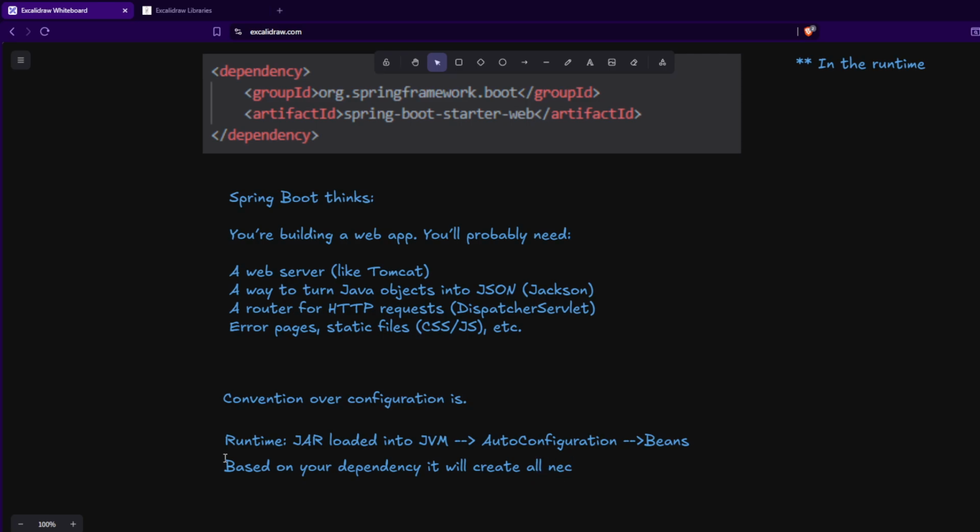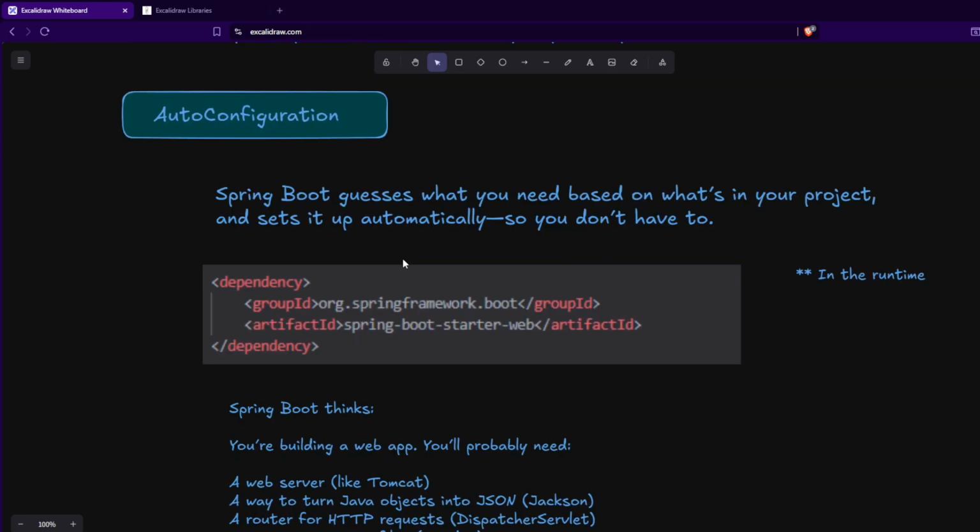So all these things are, at the end of the day, beans only, right? Like as we talked about, the dispatcher servlet, the Jackson ObjectMapper builder. All these things will be around your application build. How? It is because there is a convention that we have maintained of mentioning spring-boot-starter-web or spring-boot-starter-data-jpa. And even if this concept is not very clear to you right now, over time it will definitely be clear, because we are going to do a lot of examples around it, and auto configuration we will touch upon